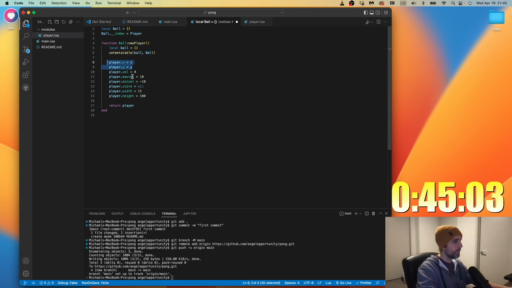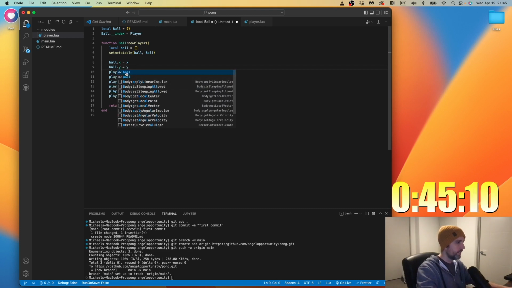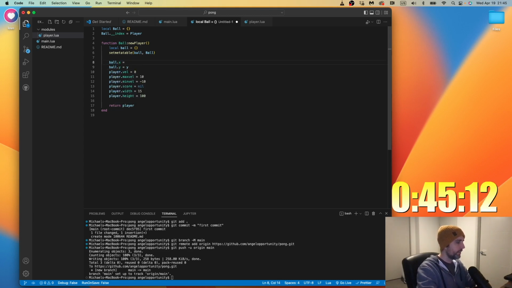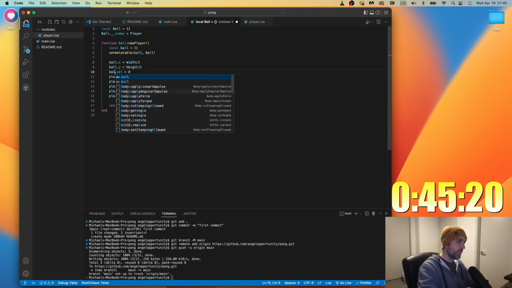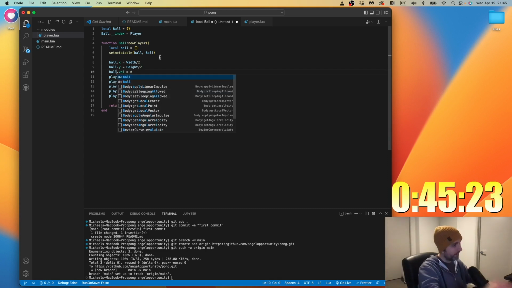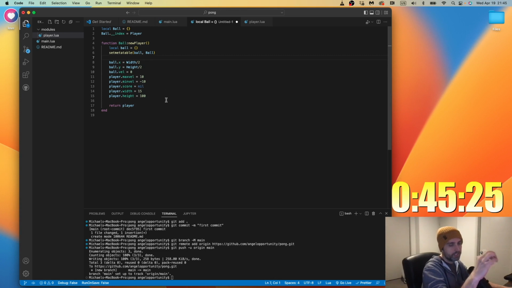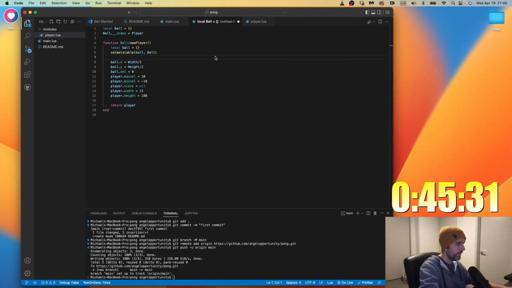Okay, ball.x and ball.y is just going to be width divided by 2, height divided by 2. Ball.velocity is actually, I can't remember when you play Pong and it starts with the ball in the middle. Is it just random? Like, how does it start the ball? I don't really remember.